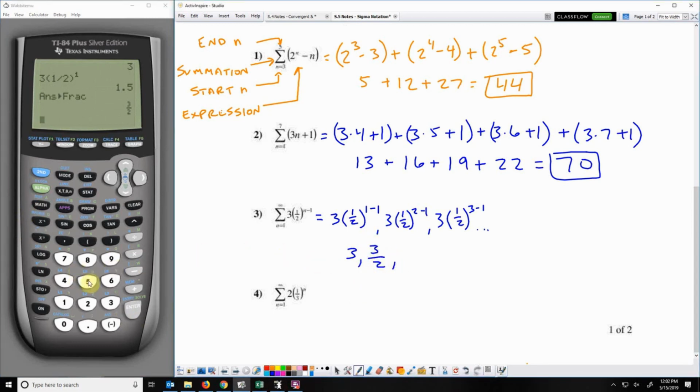And then 3 times 1/2 to the second power. 0.75, 3/4. Okay, so we need to find out if there is a common ratio there. So 3/2 divided by 3. And that's 3/1, so the outer is 3, the inner is 6. So 1/2. And then 3/4